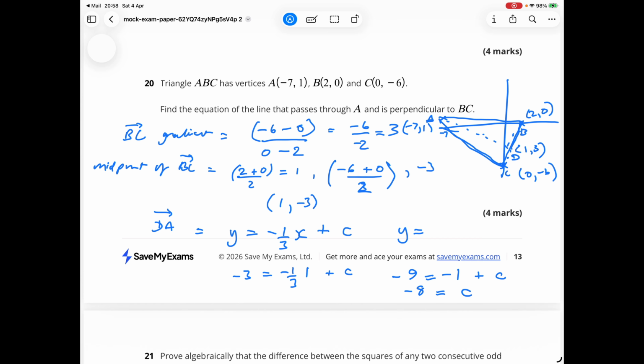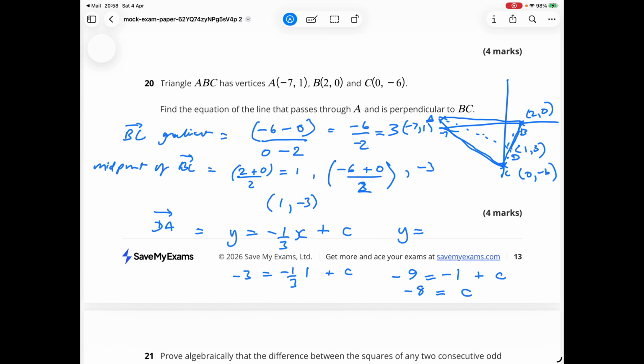Prove algebraically that the difference between the squares of any two consecutive odd numbers is an even number. Okay, two consecutive odd numbers, so let's call them 2n plus 1 and 2n plus 3. The difference between the squares is 2n plus 3 squared minus 2n plus 1